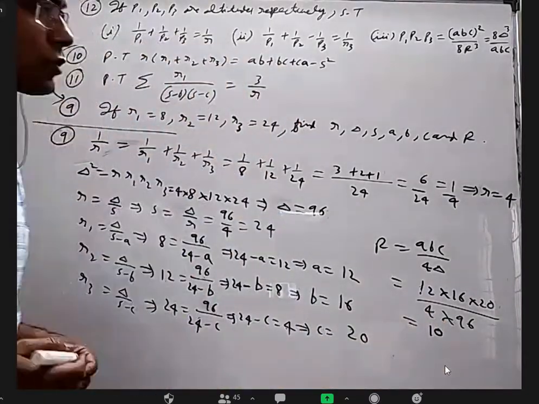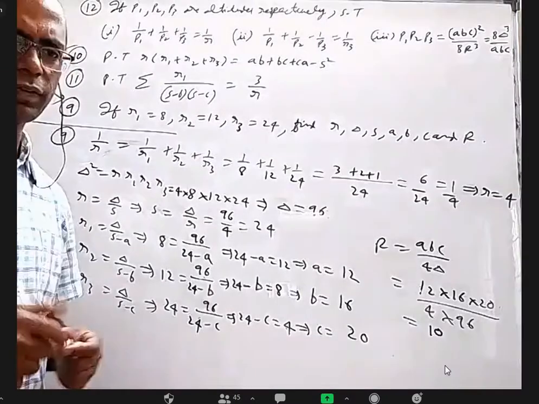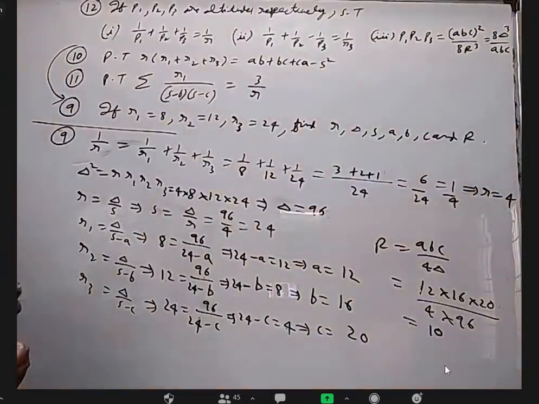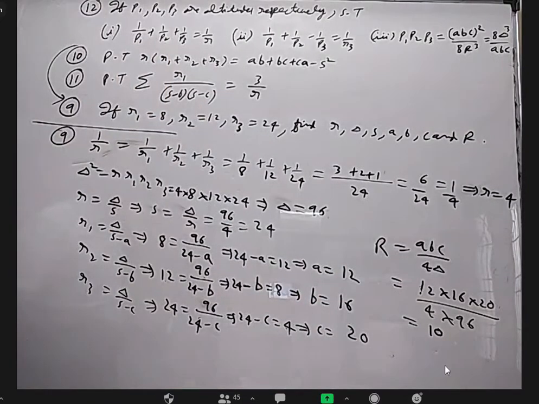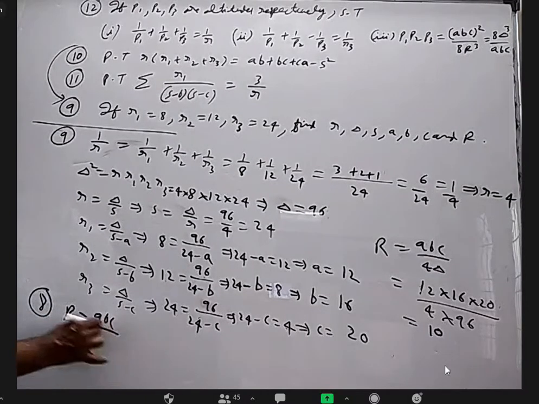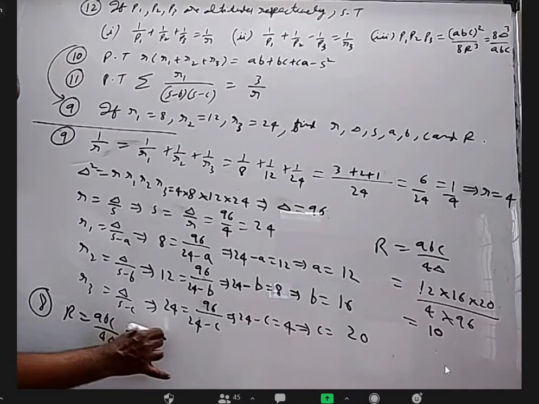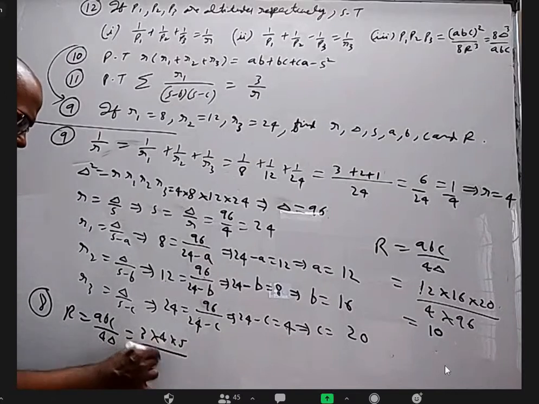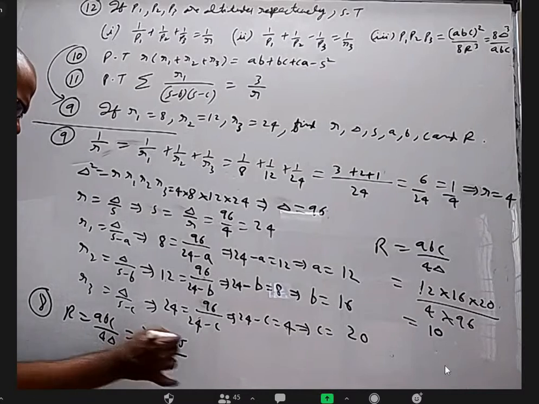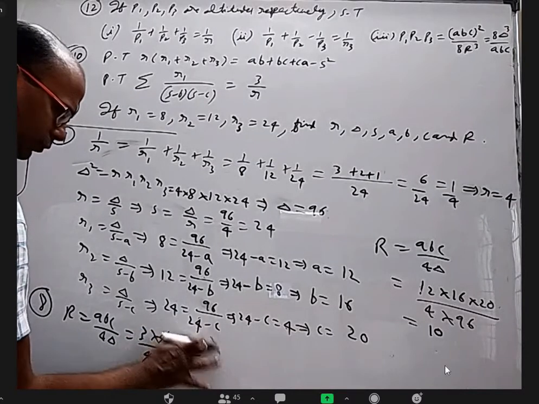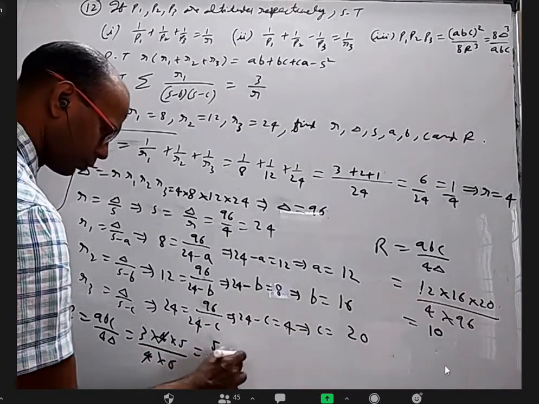Then in the previous case, it would have been 10 by 4, means 5 by 2. Did you get 5 by 2 in the 8th question? Yes, sir. Okay. So I did not write this. In the 8th question, capital R is abc by 4 delta, which is 3 into 4 into 5 by 4 into delta is 6. 4, 4 will cancel. That is 5 by 2, 2.5.